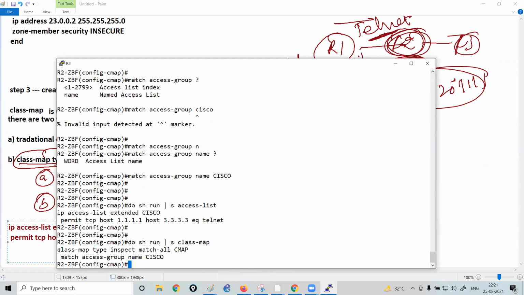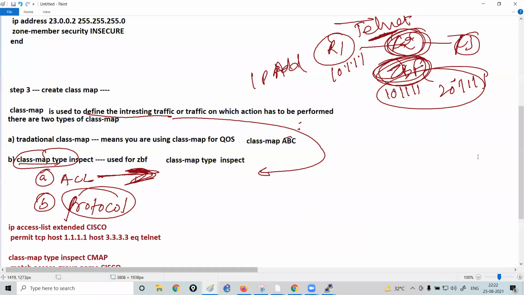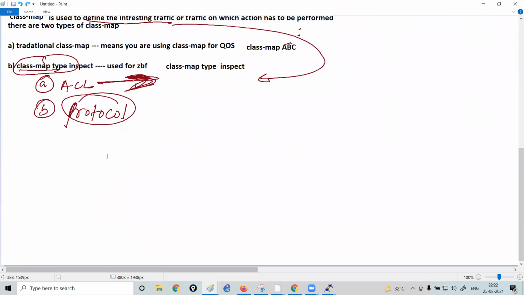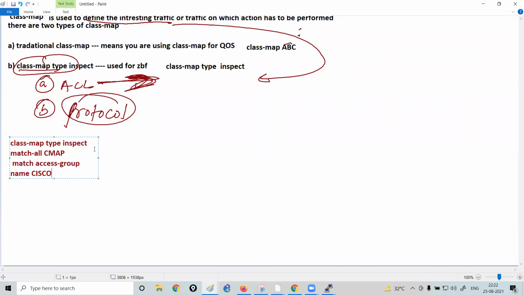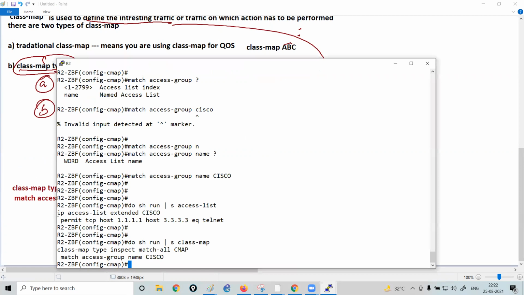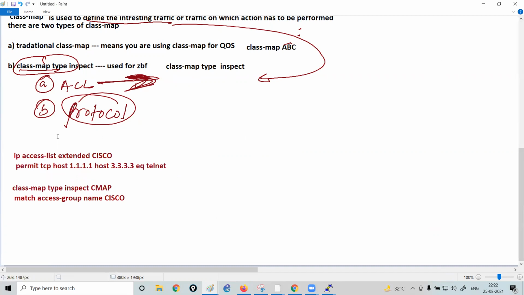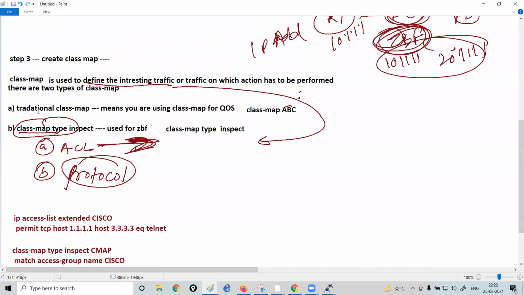You have performed this configuration. So these are the configurations which I have performed under step 3.